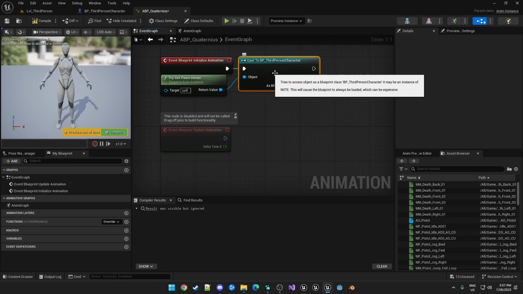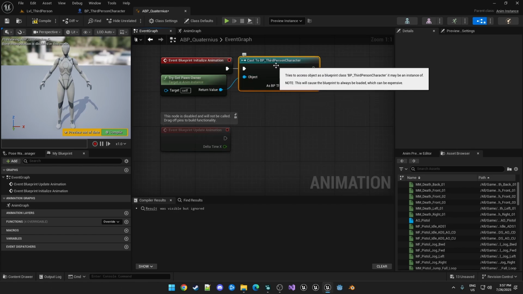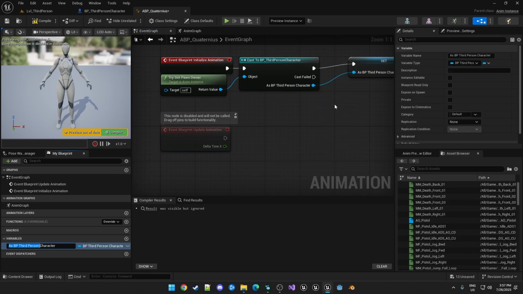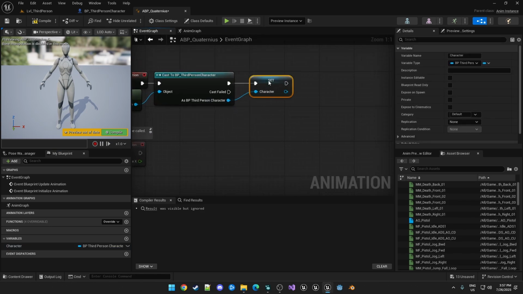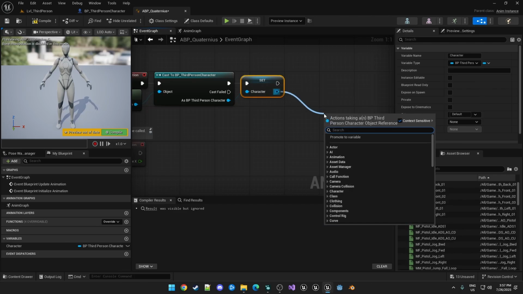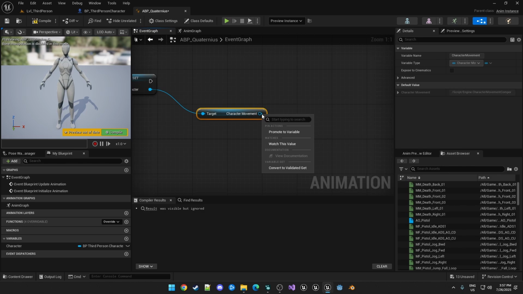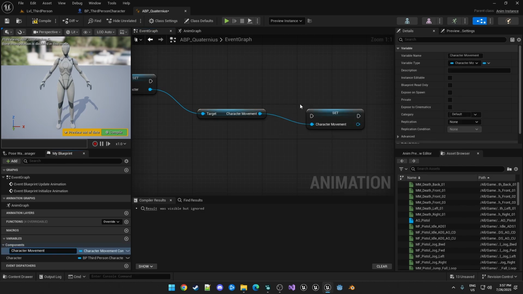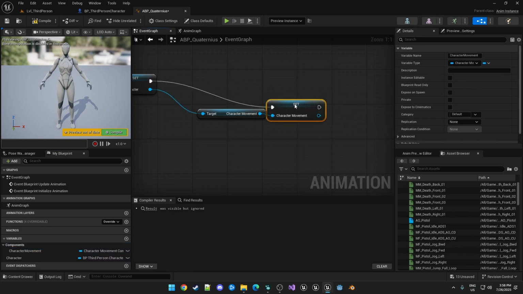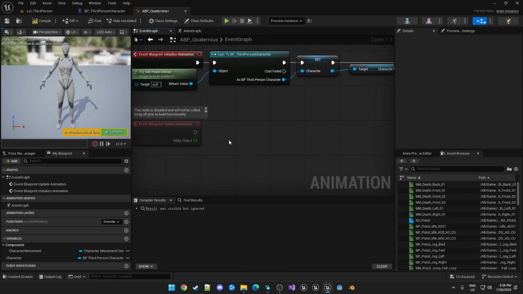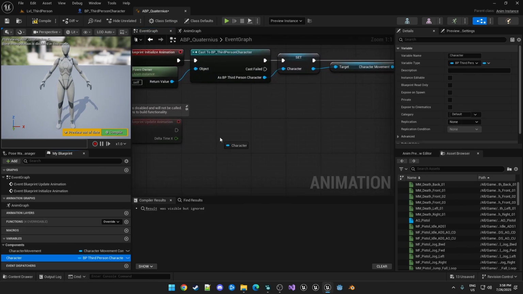We have a variable we're going to access in here, which is why we're using third-person character instead of just character. But in here, then we just want to promote this to a variable. Just call it character. And we also need to get the character movement. And since this is a component, once you promote this to a variable, it goes in a slightly different section down here under components. So we're just saving both of those so that down here we can just get the character by control dragging